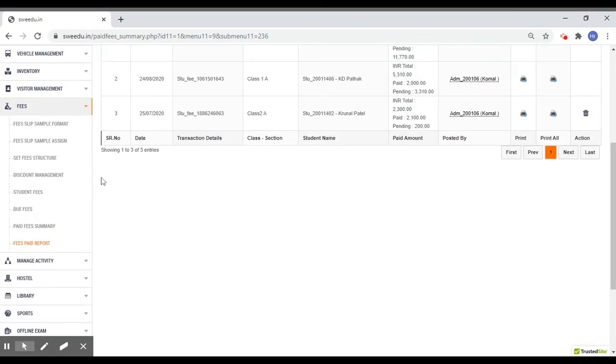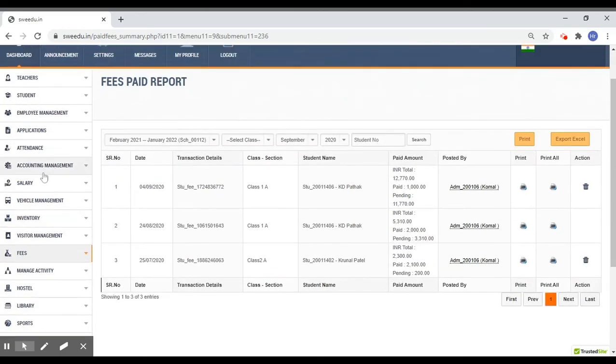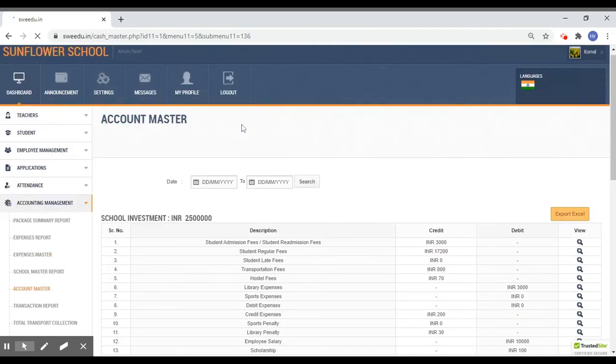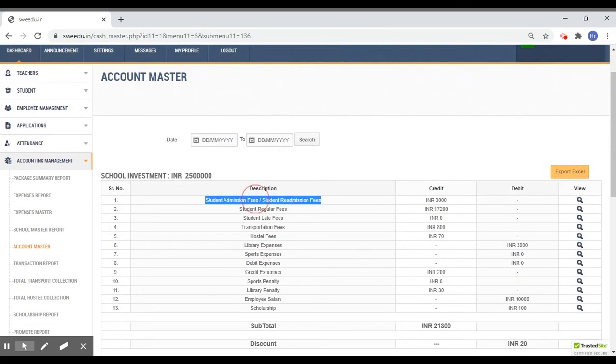Now we will be viewing accounting management module. In accounting management module, the effect of payment done by the student can be viewed. In account master, different types of payment can be viewed for a particular student.